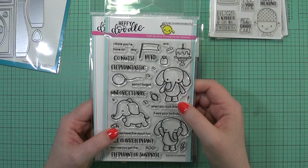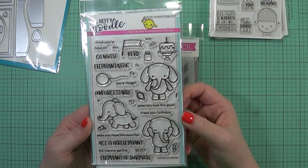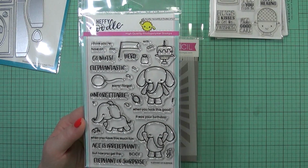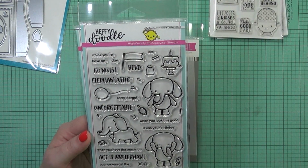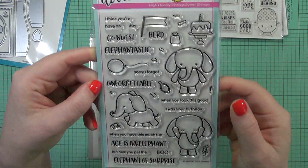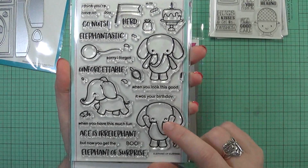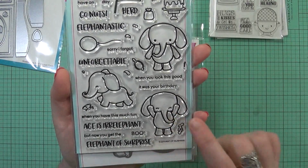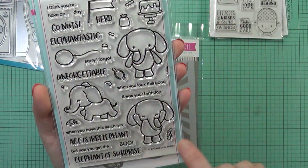This is another new one, obviously a new one to all of us, but this is the one that I really liked out of the entire collection that she did for all of her designs. And the sentiments really got me too, but this elephant is the cutest thing, especially this one here. Absolutely love it. And I'm not going to read all the sentiments, but I'll just pick out a few that